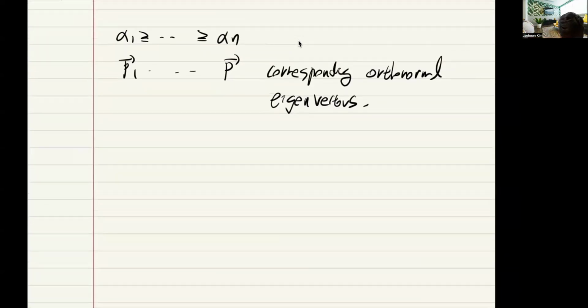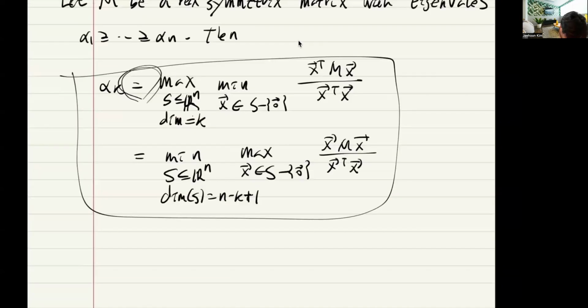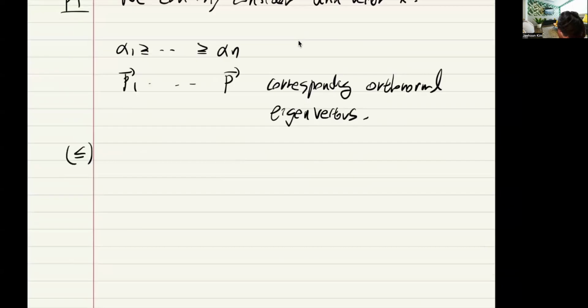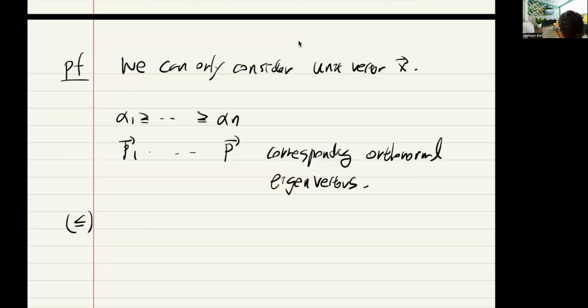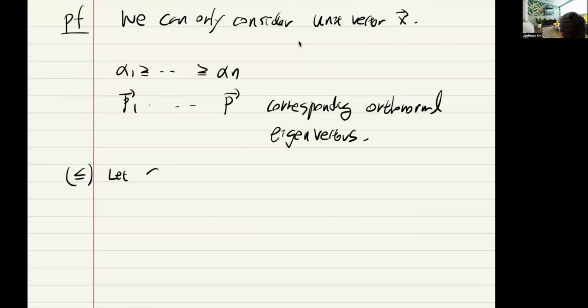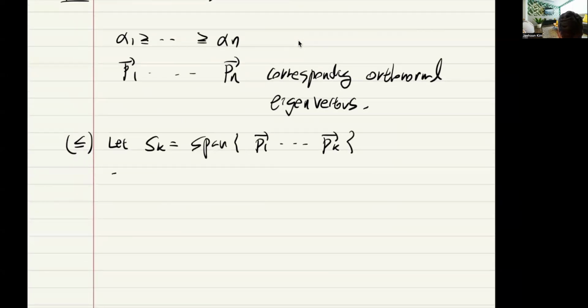But now we prove it in both directions. So first we prove this direction. And what we just have to show is that there is a certain choice which yields this inequality without this maximum. So we fix that. Let Sk be the span of P1 to Pk. Then for any vector in this span,